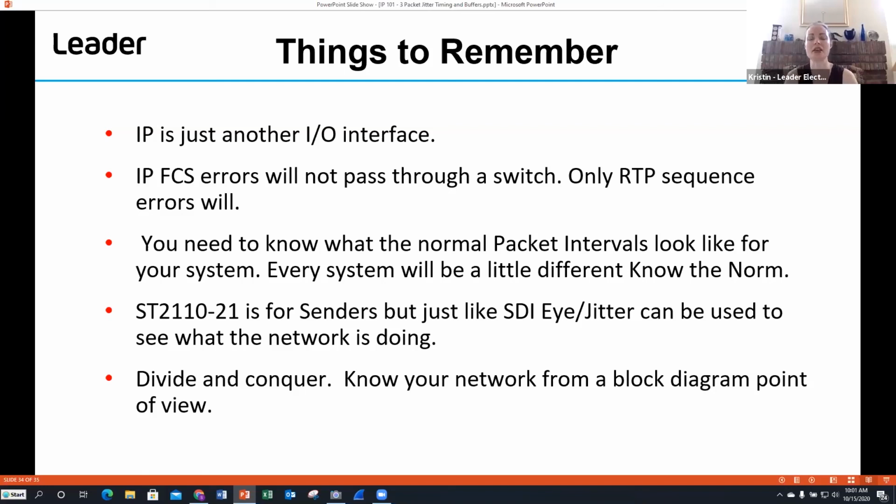One of them is, are there any typical values with formats like HD and 3G? Not other than timing. The timing will be that 21 line and the 42 lines. I'm looking at timing, but just as eye and jitter is transmitter and network dependent, your packet intervals when you actually look at your network are going to be dependent on